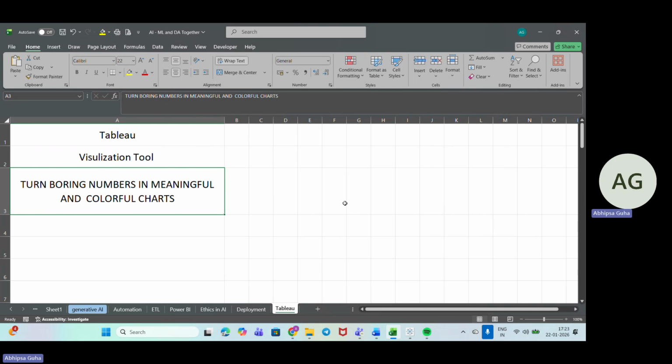For visualizing it, we have already created a dashboard using Excel, and in yesterday's session we completed it using Power BI, right? So I guess now these things are clear to you: what visualization tools are, why they are useful, what the need of this visualization is, what the need of a dashboard is at the end of the day. So today we will be moving on to Tableau.